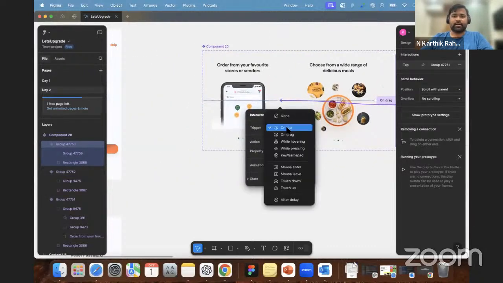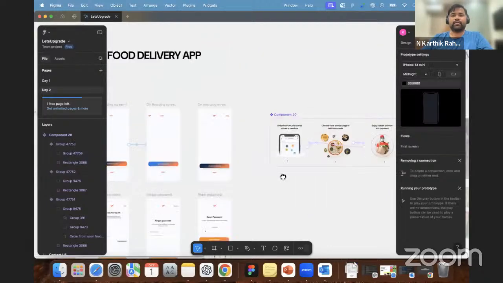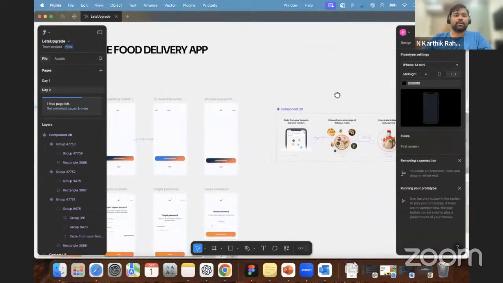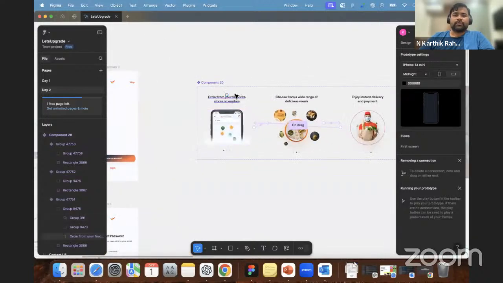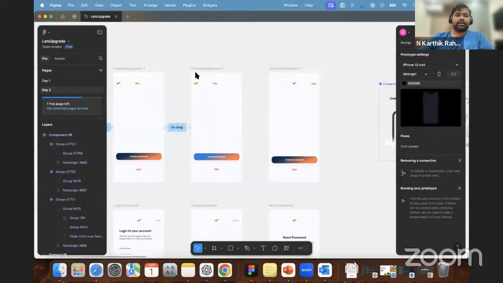On here, I click on drag, change from right to left. Now that I have added the combination of this particular drag option here. Now, after creating the component, can we change anything for it? Yes, you can. Once you have added these drag options here,